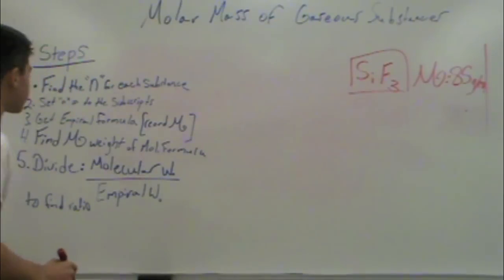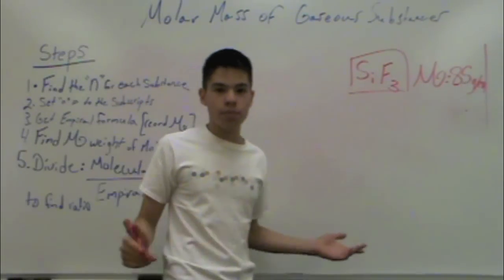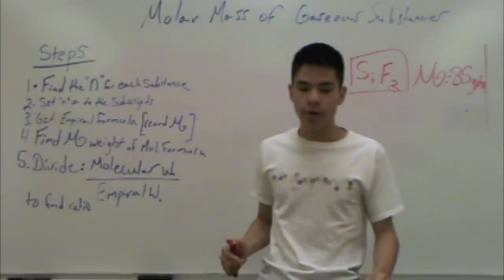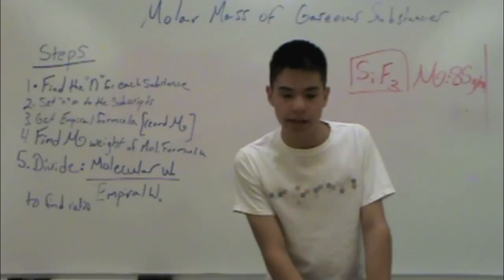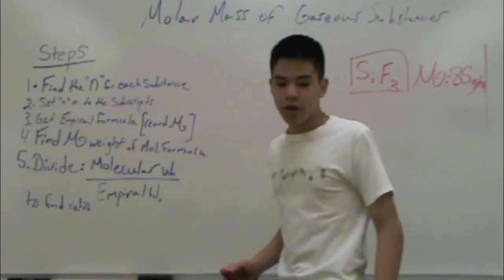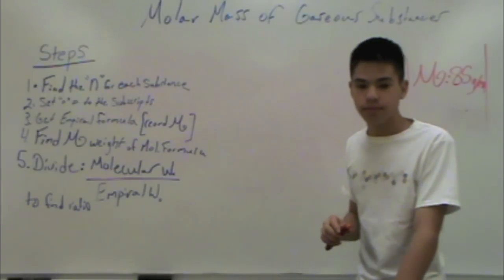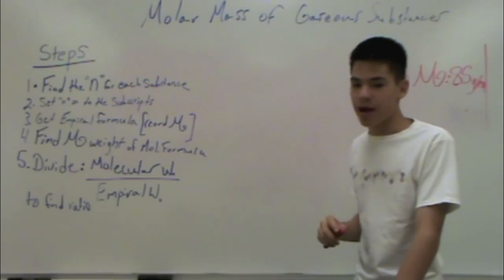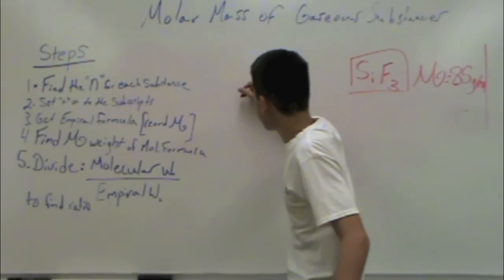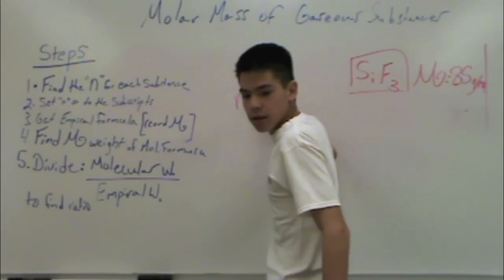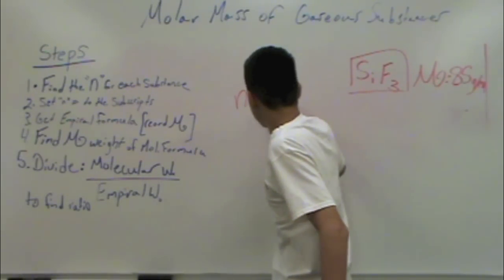So now we're going to find the weight of the molecular formula. But we don't know the molecular formula yet, but that doesn't mean we cannot go ahead and find the weight of it, because the problem gives us enough information to find the weight. So, in order to do that, we need to find the number of moles in 2.38 grams of our unknown substance. So, to do that, number of moles equals PV over RT,